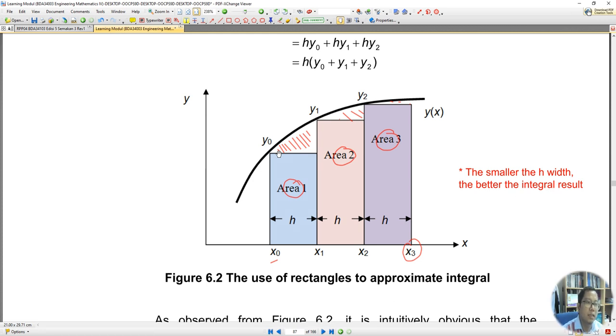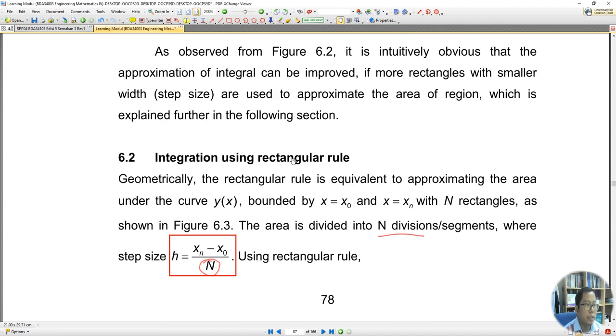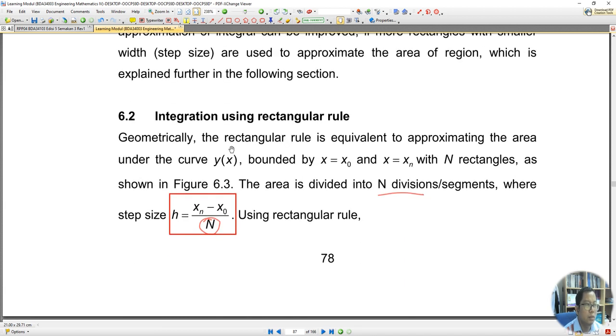So the higher the n number, so the number of rectangles, the better. Okay. So integration using rectangular rules, geometrically, the rectangular rule is equivalent to approximating the area. In this case, n is the number of rectangles, so the higher the better. As shown in Figure 6.3 below, the area is divided into n divisions or segments where the step size h,